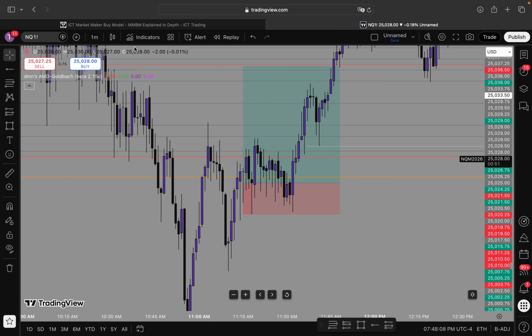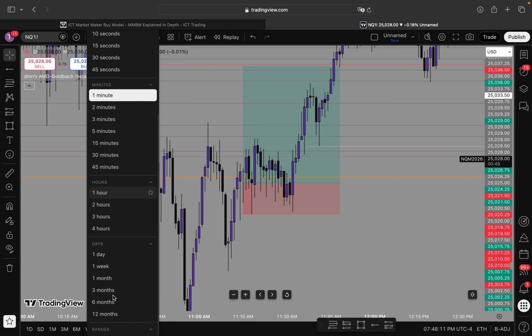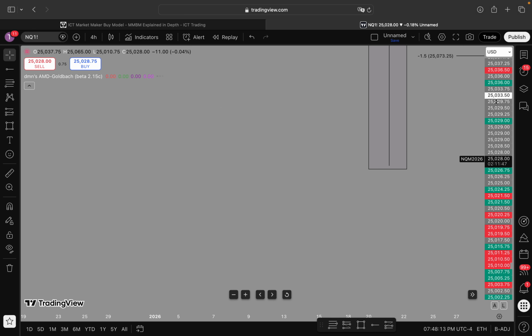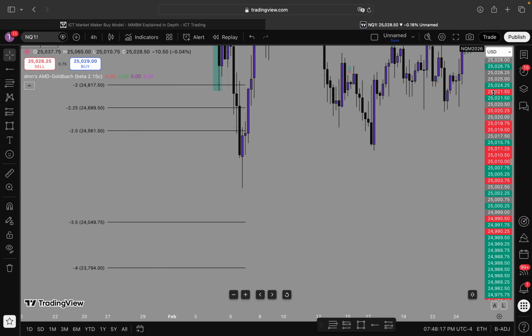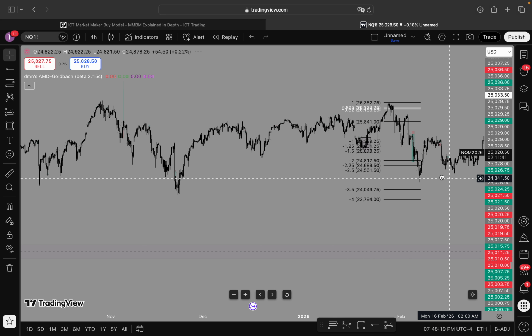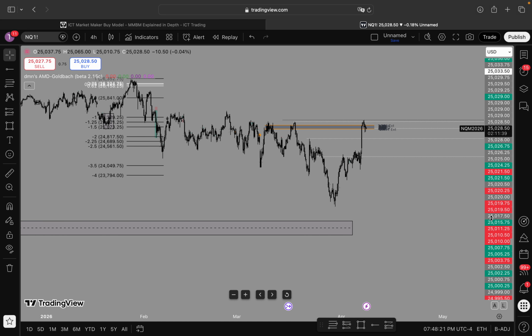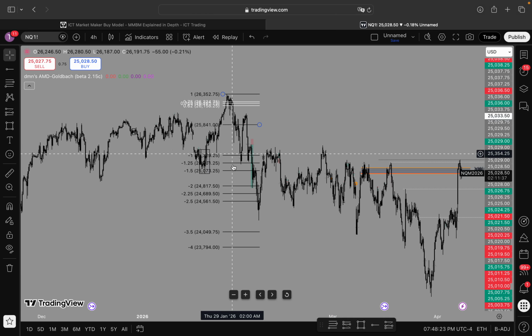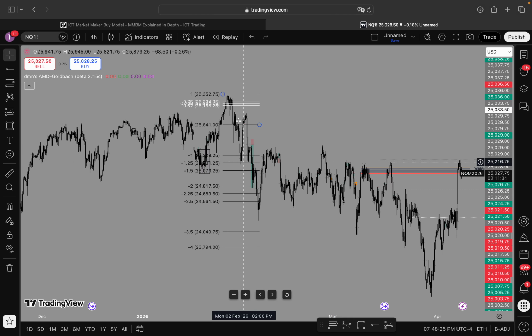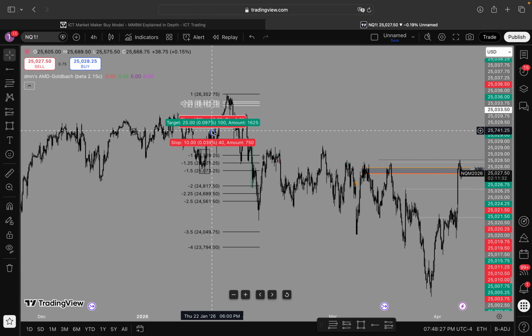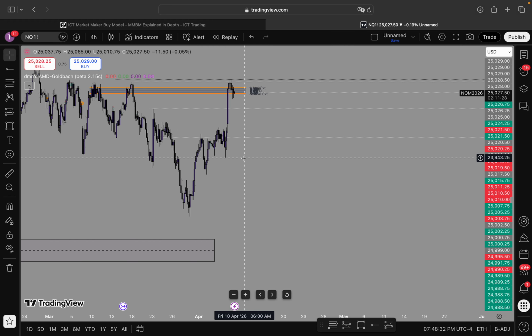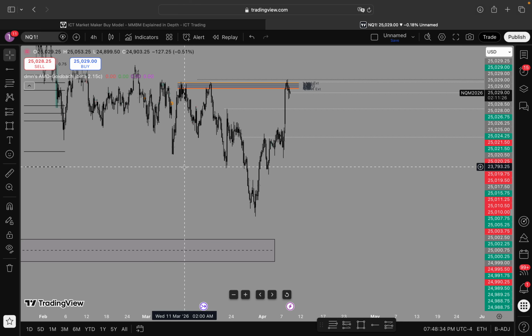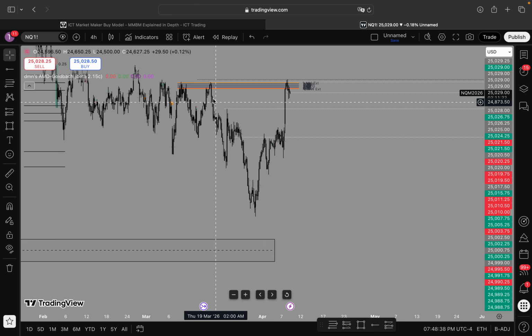So I'm going to run through it one more time just to show you guys exactly what the thought process was today. So, this standard deviation and daily inverse fair value gap level that I'm talking about, it wasn't just found out today. This was kept in mind through the last week. This has been on my computer since we broke structure back here. So this is my levels and where I wanted to see us take out. We came down, had a beautiful market maker model form with our original consolidation. Now we're looking to take out these highs here,